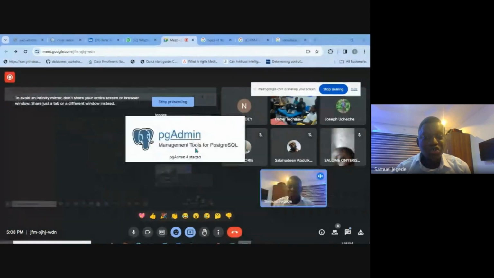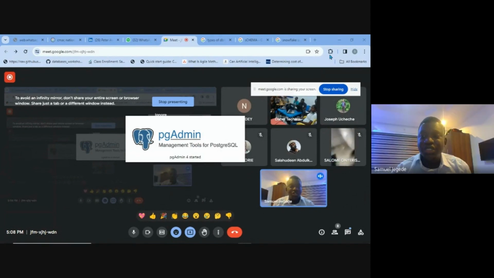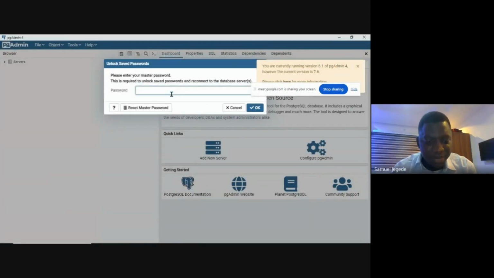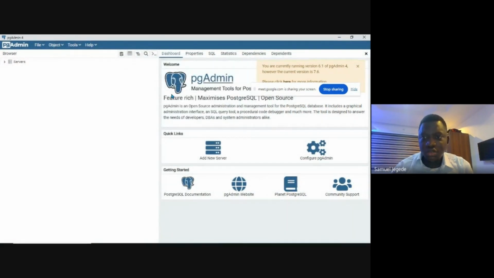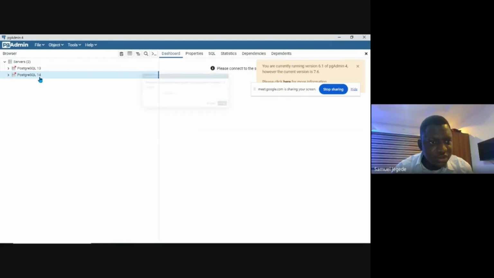So let me just show you a simple syntax for you to get information from your database management system. How do I still remember my password? Okay, do I have any database here? I think I have one.